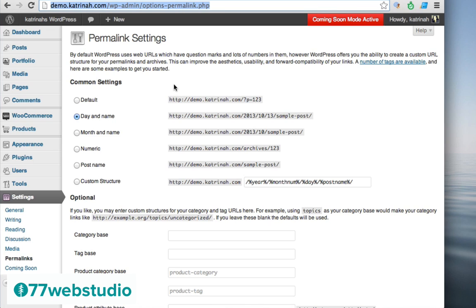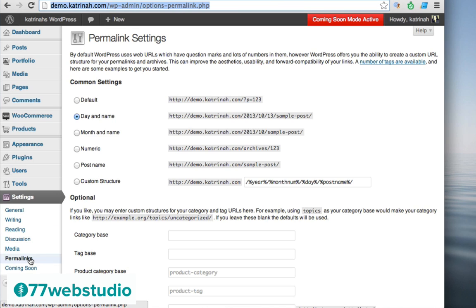By default, when you install WordPress, it will say default, and it will most likely just have a page number, which is not a very helpful or descriptive kind of form for your URL. It's much better to have words because search engines can read the words, but these numbers mean nothing to search engines. So whenever you're setting up a WordPress website, one of the first things you should do is come to permalink settings right here.